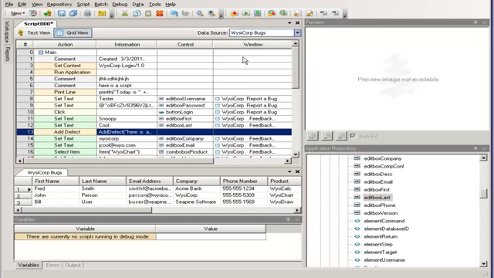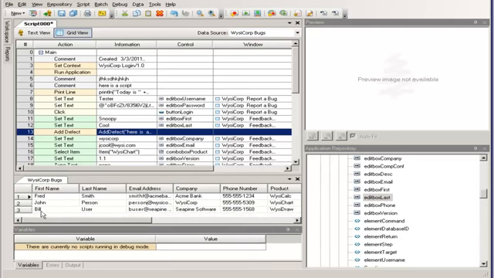And once you've done that, you've created a link between your script and your data sheet. And that link will cause the script to execute once for each row of data defined in your data sheet. I have 3 rows of data, so this script would iterate 3 times. Now, what I also need to do is map the fields. If it just played back 3 times, it would be entering the data I already have here, but I want